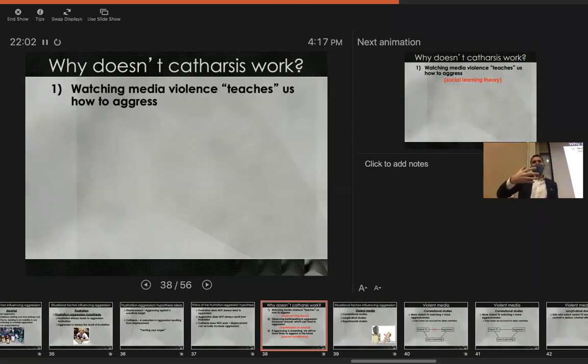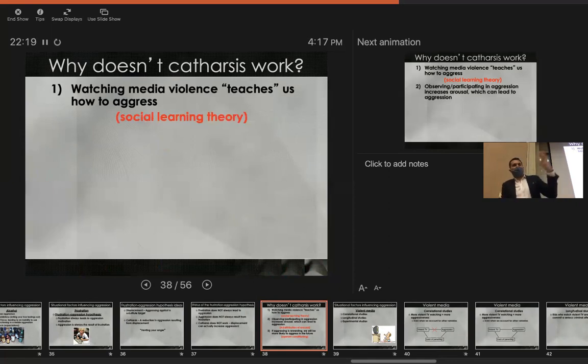so if you're angry, is to simply watch aggression. So watch aggressive movies or TV shows. It's kind of like vicariously involving yourself with aggression. Some people have claimed that. But we know that watching aggressive media can teach people how to aggress. So we saw that with social learning theory, for instance, that if you watch aggressive behavior, that can lead to an increase in aggressive behavior because we learn behaviors by watching others.